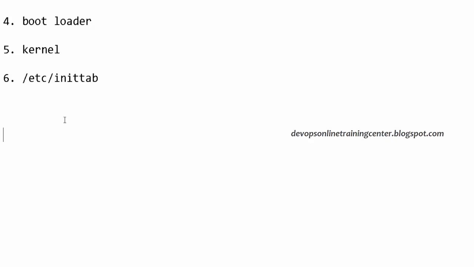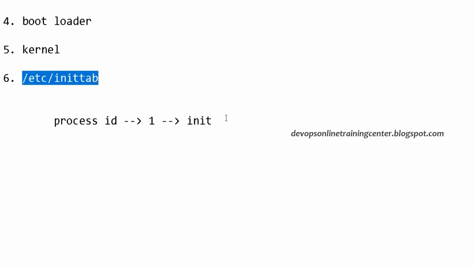So once the control goes to kernel, the first process which is started is init, with PID 1, the process ID of 1. Then it will start all other processes based on the file called /etc/inittab. So in /etc/inittab, we have a lot of information like what all the services it has to start by default. Then all the processes running on the Linux machine will be started. You can just enter reboot and see what is happening on the machine. Yes, inittab is the main configuration file.